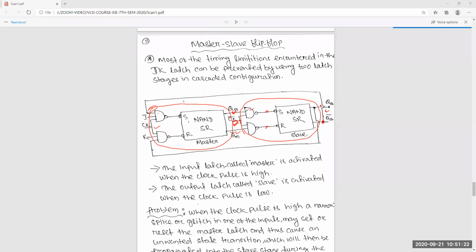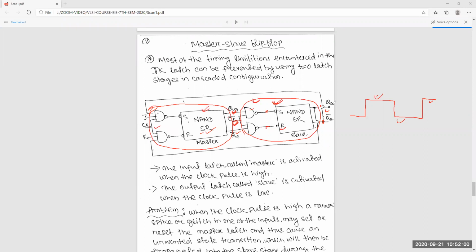Electrically it is connected, but due to the clock and the clock bar, this part is inactive. Okay, so it will not propagate whatever signals you get. So up to the next clock, suppose this is high, and at this point this is active, and at this point this is active. Okay, so at a particular time only one thing is active and nothing propagates through.